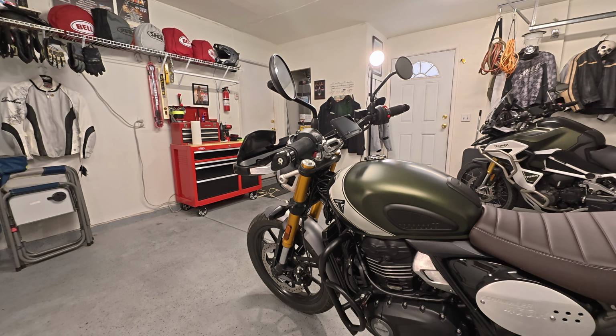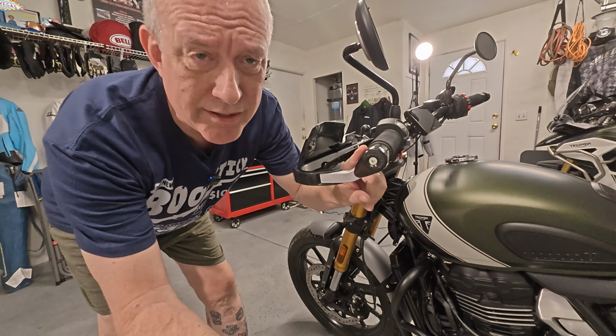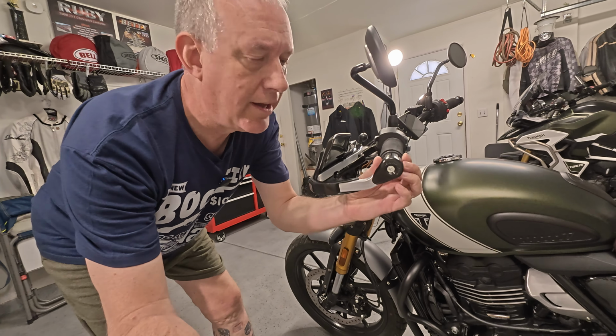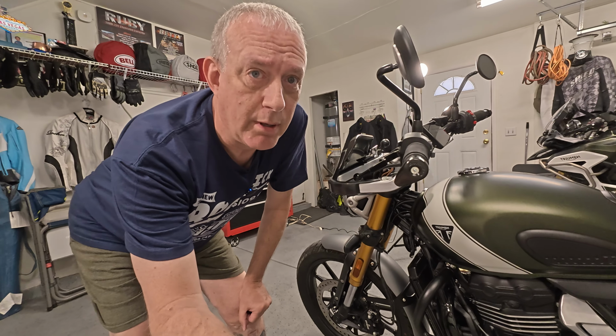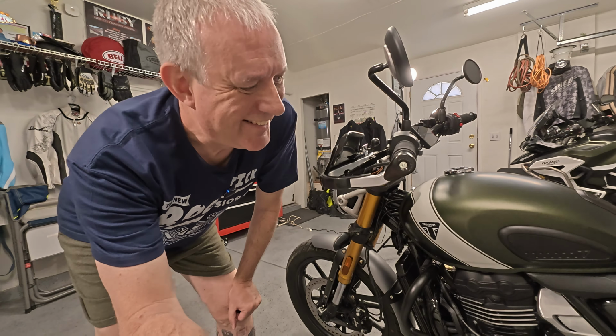And let me grab the camera. So that's it. Bar end weights from Barkbusters for your Triumph Scrambler 400X. And time will tell. I'll have to take this out in the next week or so on some highway in particular, because that's where it's really supposed to help, in those higher RPM areas. So if we do a little stand back, and